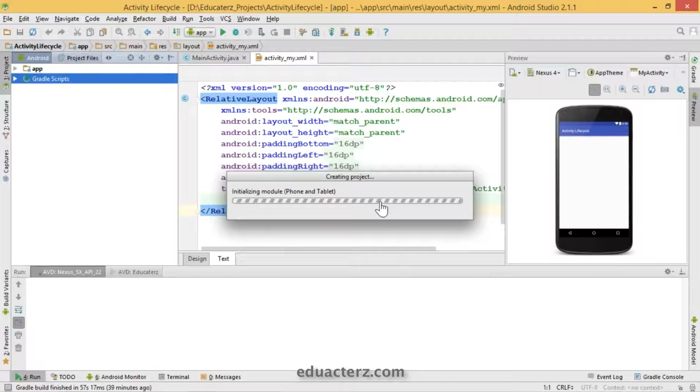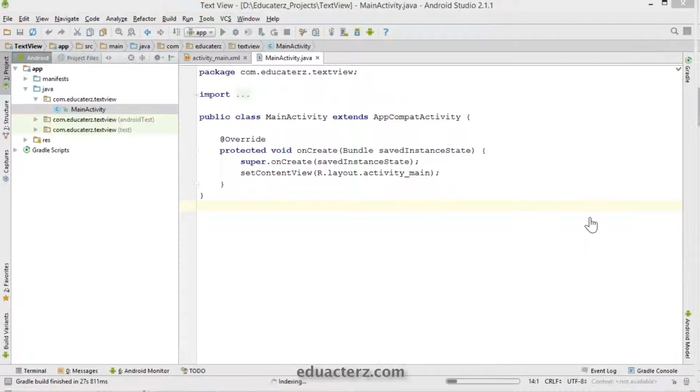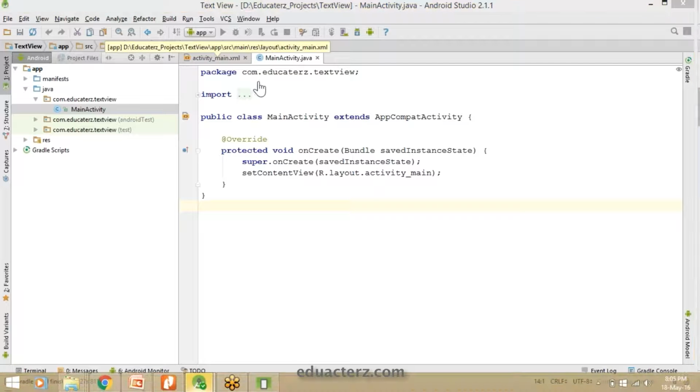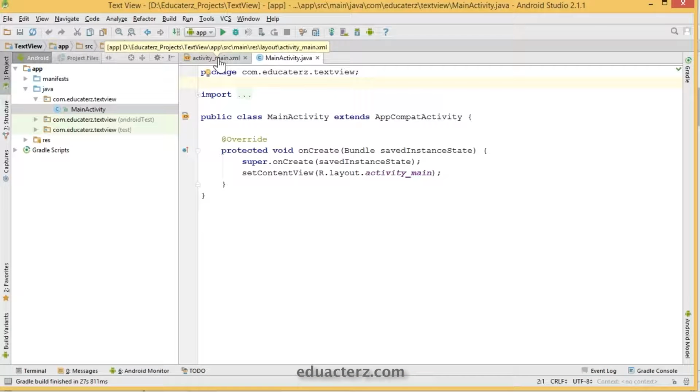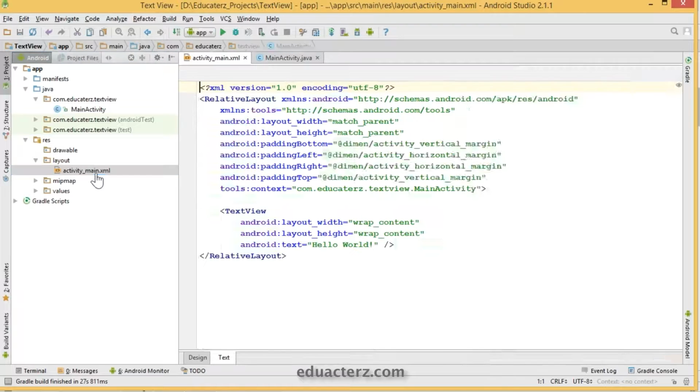Finish. It will take a few minutes to create the project. Let's wait until the project has been loaded. It is building the project now. The project has built successfully. As we said, all of the user interface will be written in activity_main.xml, which is your layout file in the project structure. Go to res, layout, activity_main.xml.